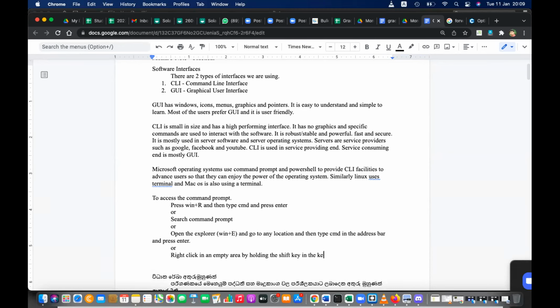Right click in an empty area by holding the shift key on the keyboard. Then select open command window here or open PowerShell window here. That is also an option.